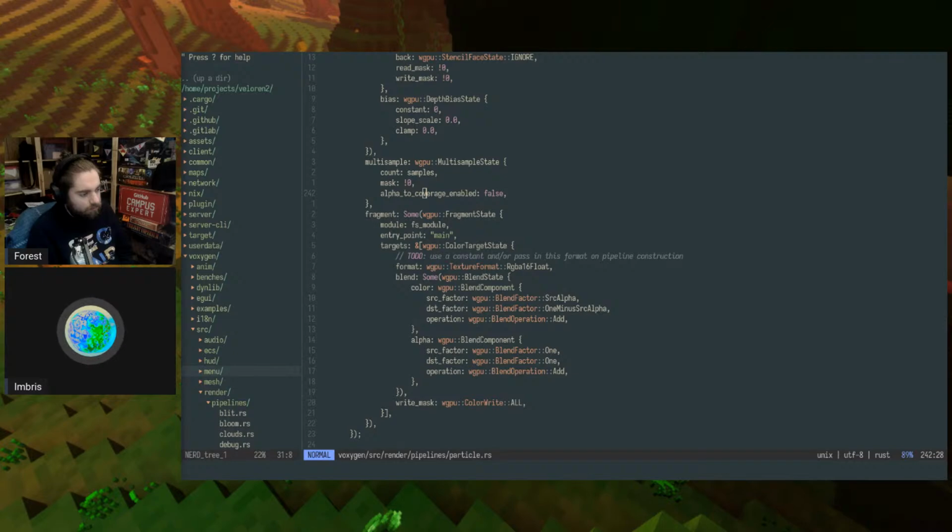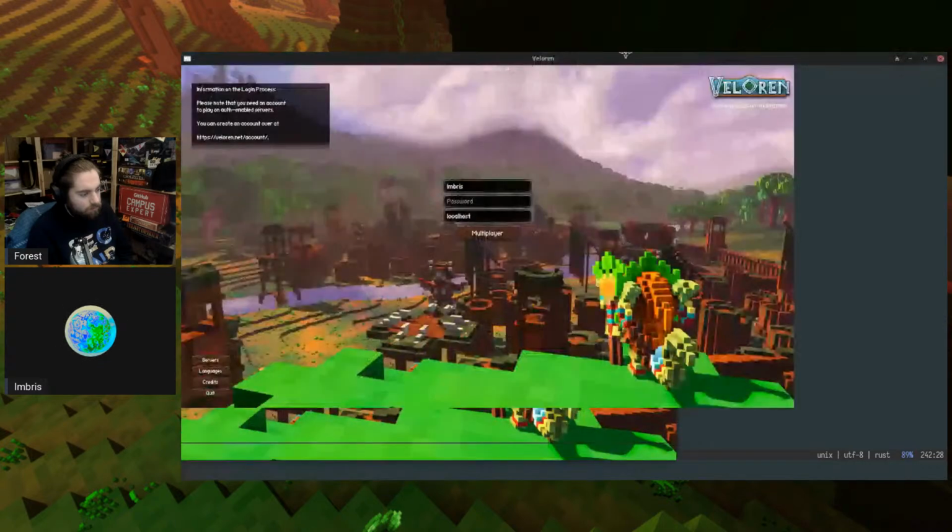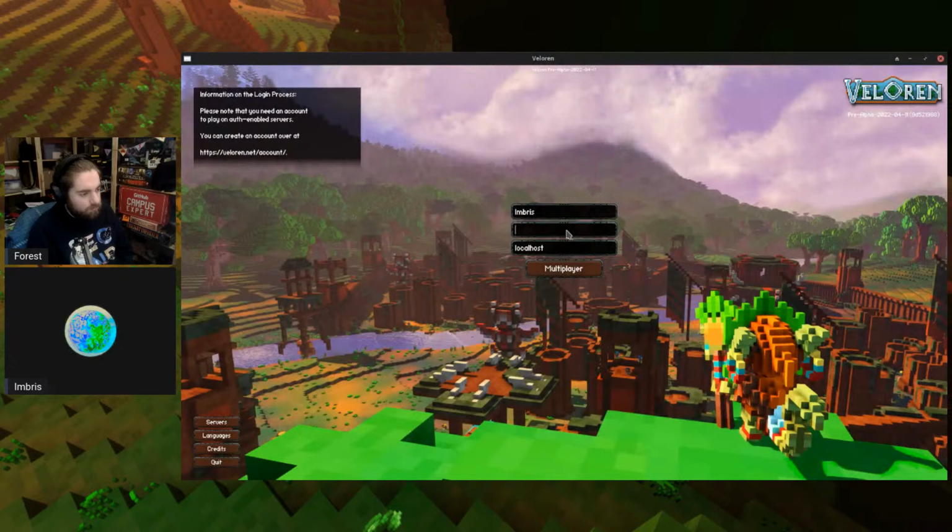But because MSAA works on the edges of triangles, so when we're rendering all of our